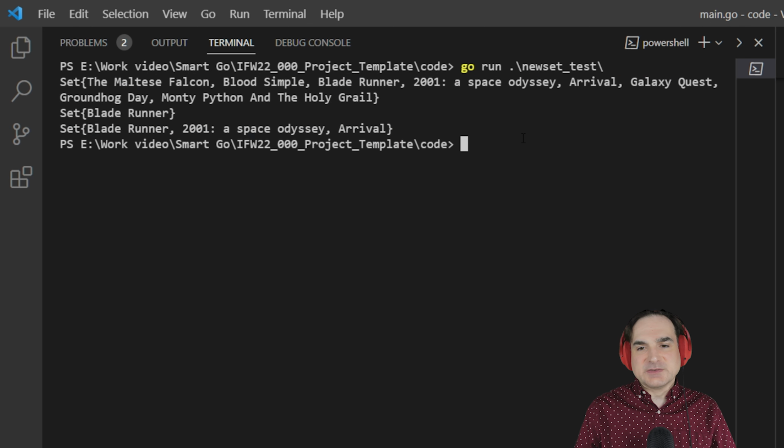Now, one thing about using this particular implementation of sets in Go is that it's a little opaque as far as memory management goes. For instance, you can't pre-allocate storage for a set. You have to add or remove as you go. So this means you might not want to change what goes into a set in the middle of a hot loop where performance is critical. Otherwise, you'll be causing reallocations to happen in the middle of what should be other operations, and that could be bad for your program's performance.